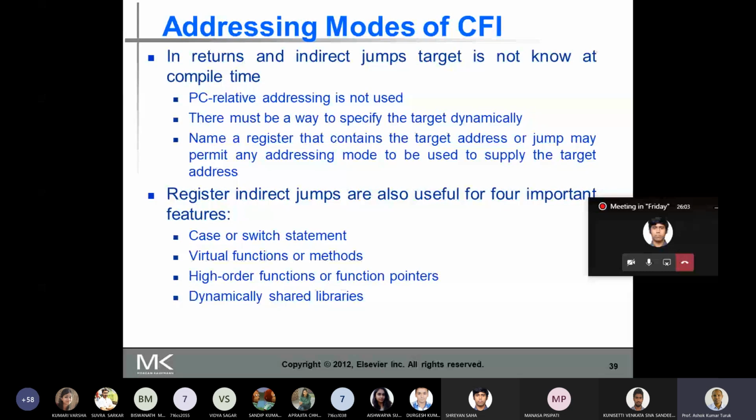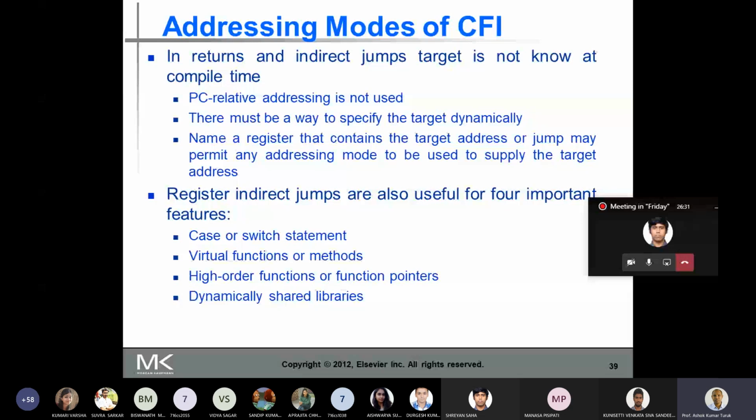If your program is not calling that particular library, then there's no point of having that library in the program while executing the program. So the dynamically shared library loads and links the library when the program is running.